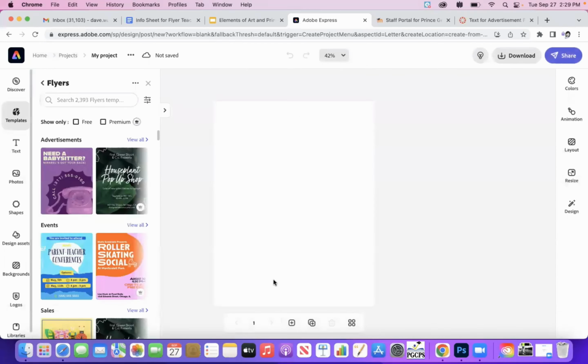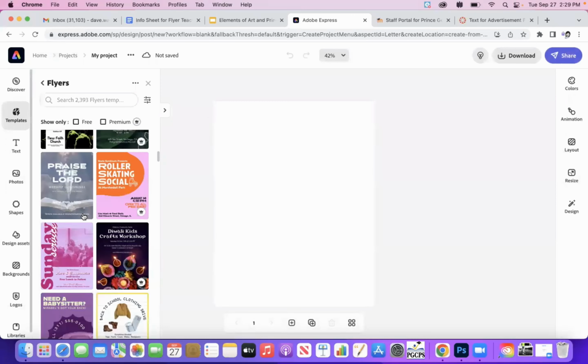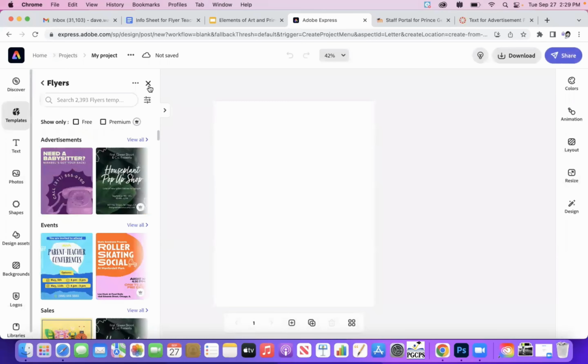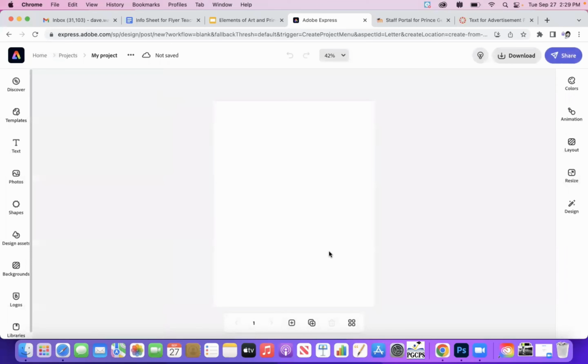and the first thing you'll do is don't click on any of the flyer templates on the left. You're going to X out of that, okay? You can't use any of those. I want you to make your own original flyer. So X out,